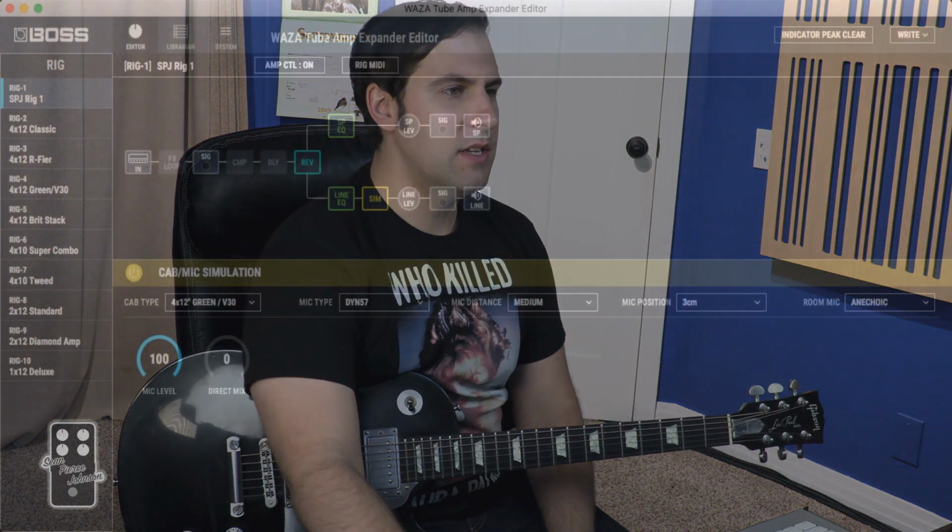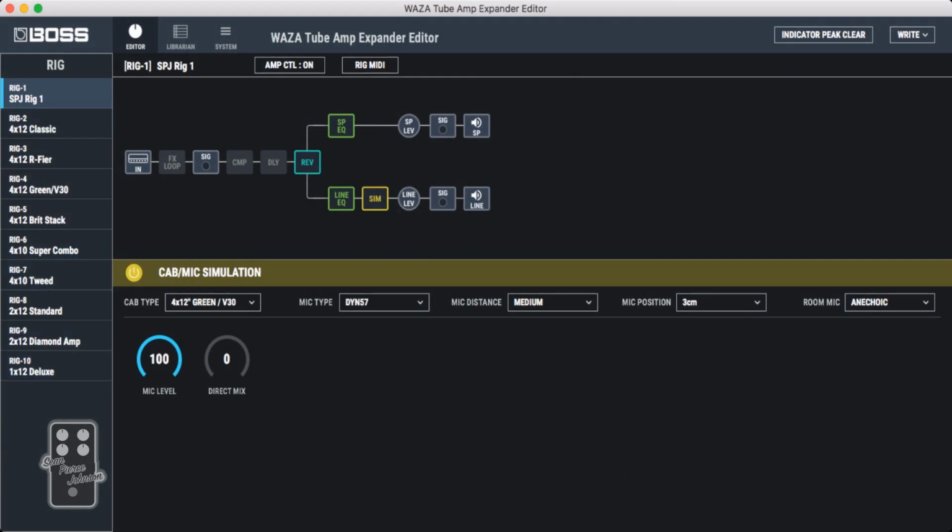Alright, we have the TAE hooked up to my studio computer. We are rolling audio, and let's take a look at what the interface of the Tube Amp Expander's editor software looks like. Now, obviously, you can see over here on the left side of the screen, we have all 10 rigs that you're able to save as presets on the TAE via the rig knob. You can change between those settings, or you can just cycle through them here by clicking on them, and you'll